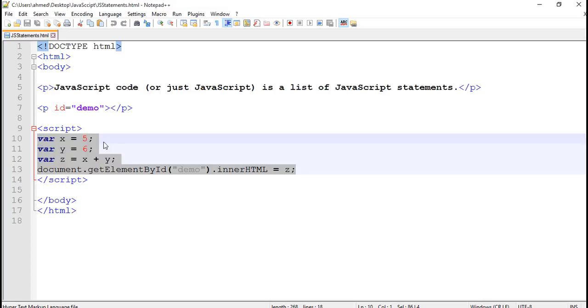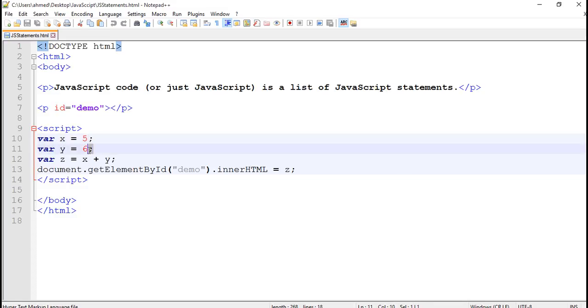First is a statement. This statement is declaring variable x and assigning and initializing it to the integer value 5. So it will store the 5 in x.